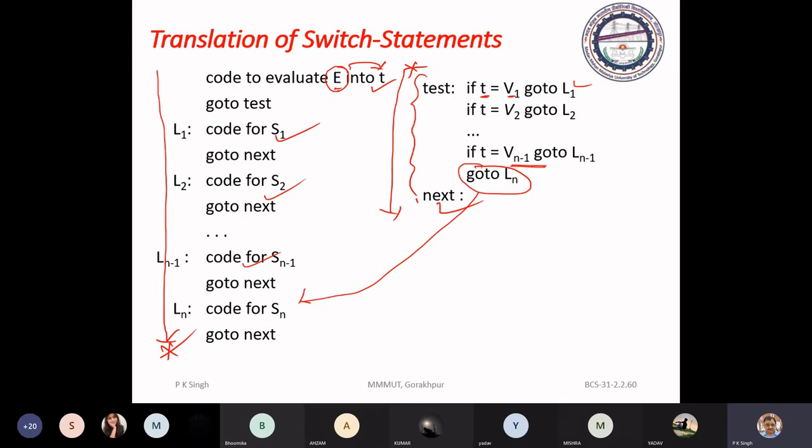If you have to translate, you can translate the expression E into T, then write the goto, then the code for S1, S2, up to Sn-1, that is, the code for these statement lists. In this way you can translate the switch statement.